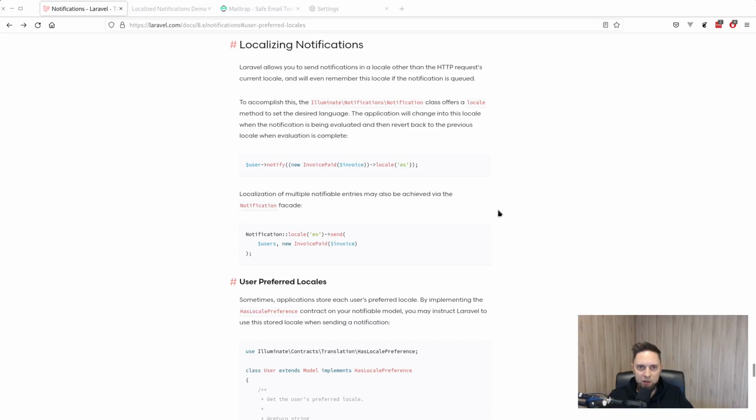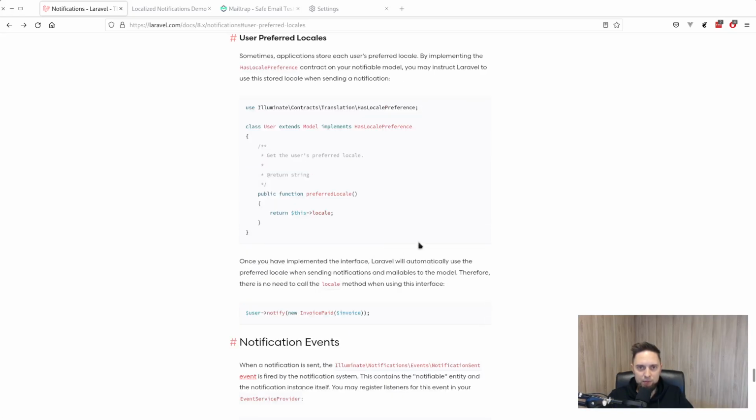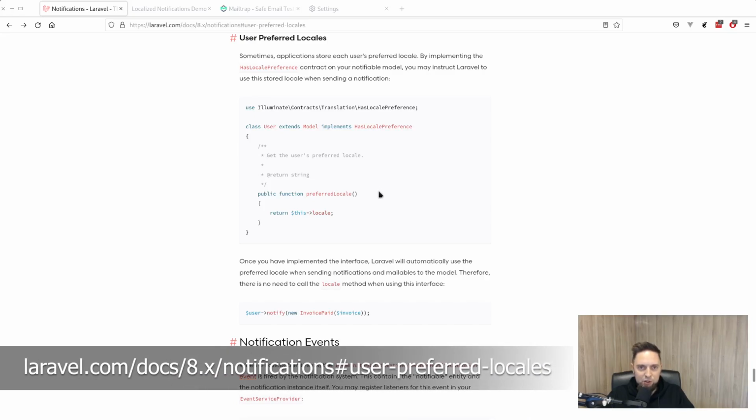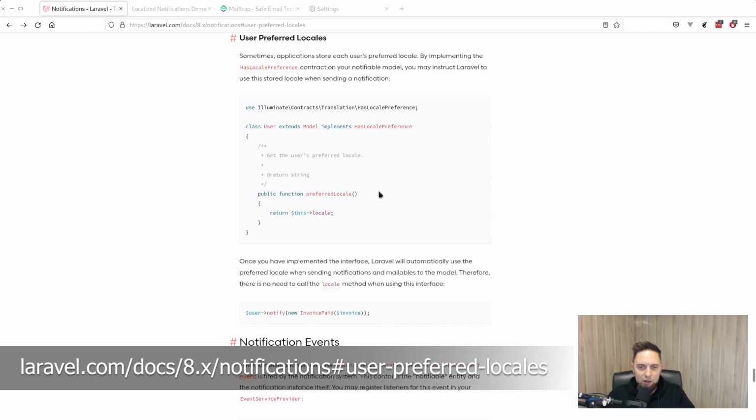The subject of interest there is user preferred locales. What we need to do is to implement the HasLocalePreference contract in the user model and then add the actual implementation of the preferredLocale method, as shown below in this snippet. As the documentation says, there's no need to call the locale method when sending notifications and mailables. You can read more details in this link below or just click the link in the description, and let's jump